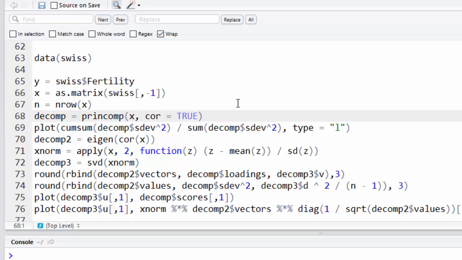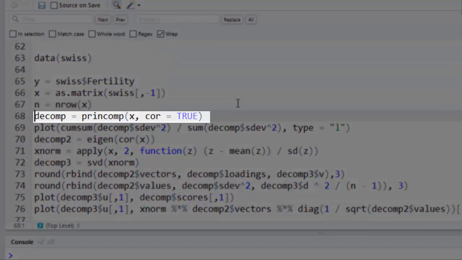So probably the easiest way to get at these things is to do so-called principal components. There's a princomp function in R. So here's the princomp function. I'm putting cor equals true here, and the reason is because I'm not so sure about the units of these measurements, and so I want them to be comparable. So if we do a decomposition on the correlation matrix, that's a little bit more comparable across variables than a